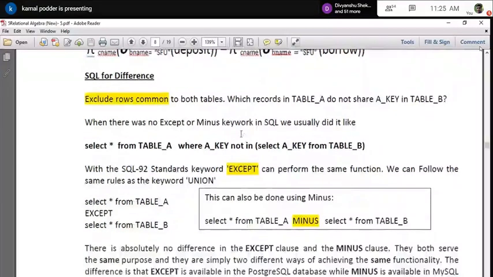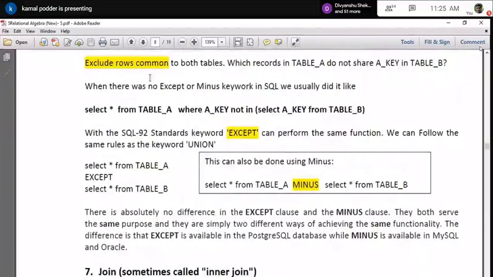Actually, this can be implemented with two clauses. That was implemented at a later stage in the RDBMS. In some RDBMS they call it except, and in some RDBMS they call it minus. Before this clause came into the select, we generally used this type of SQL query to resolve this.